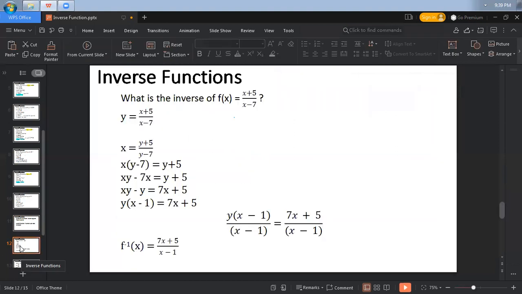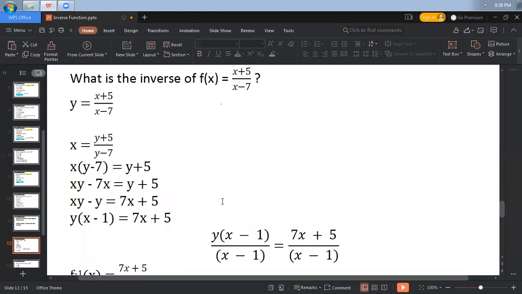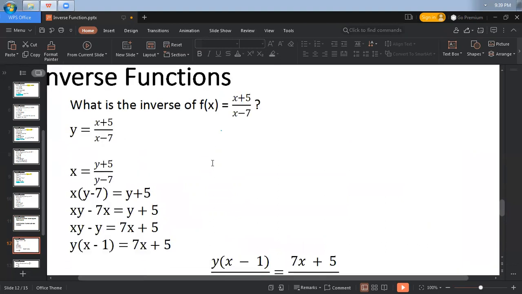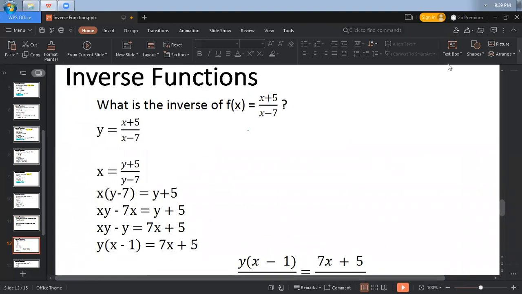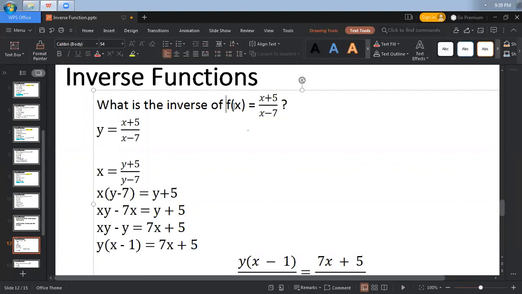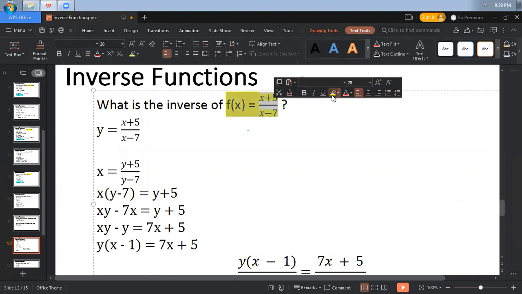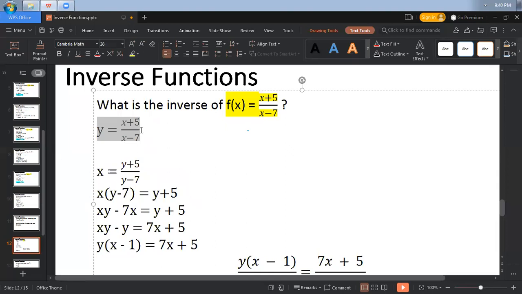Now, meron tayo ditong isang rational function. So, paano kaya kukunin ang inverse ng isang rational function? So, yung rational function, pa-check nyo lang po sa videos natin kung ano ibig sabihin kapag rational function. Right. So, anong ginawa dito? So, dito, ito yung given, f of x is equal to x plus 5 over x minus 7. So, first step is palitan yung f of x ng y. Ito po yun. So, same pa rin naman. Now, after this, palitan natin yung y ng x. And then, lahat ng x gagawin natin y. Alright? So, kapag nagawa na po natin yon,